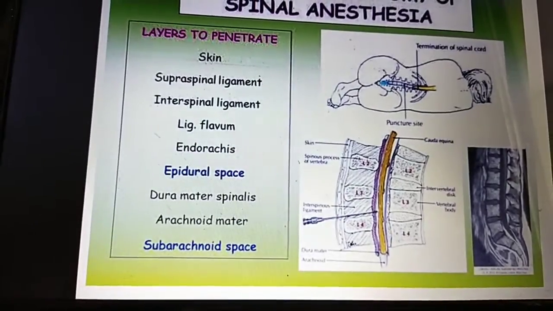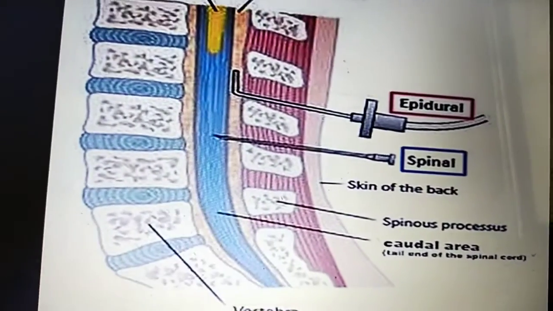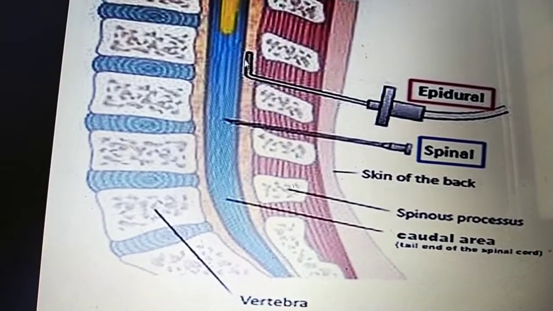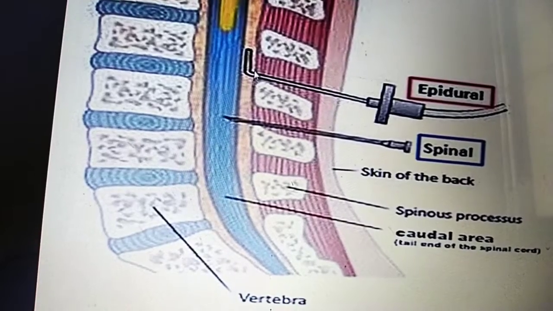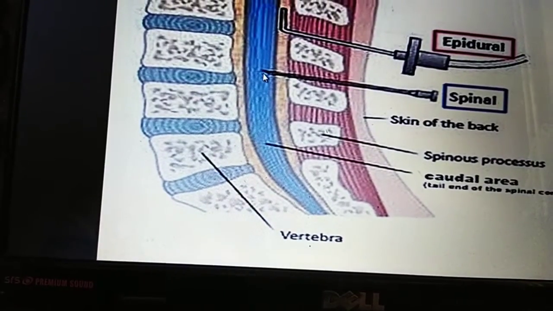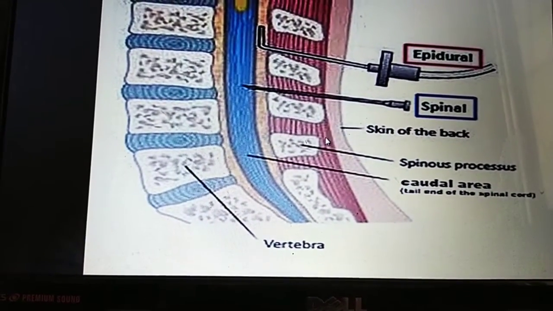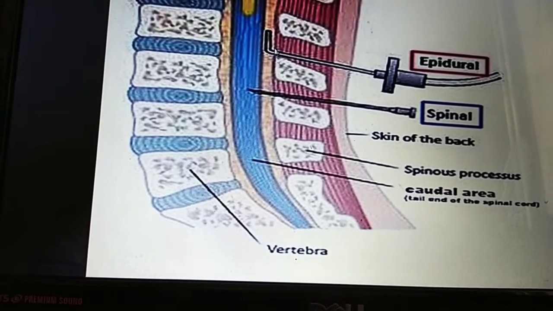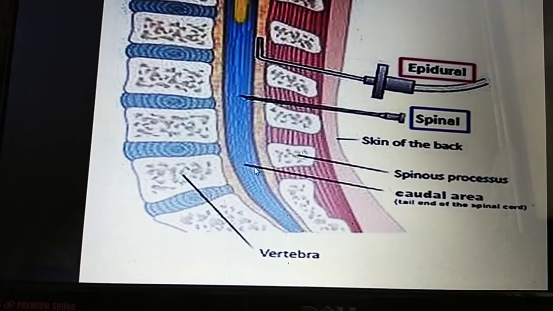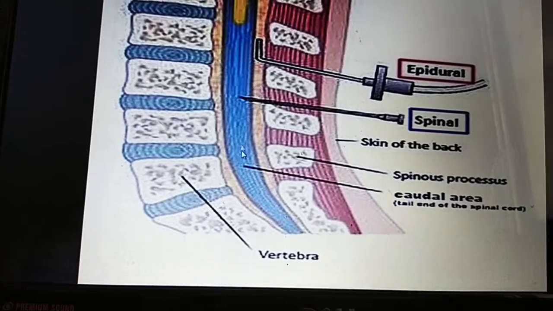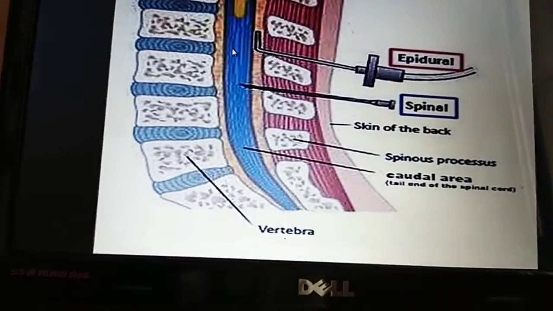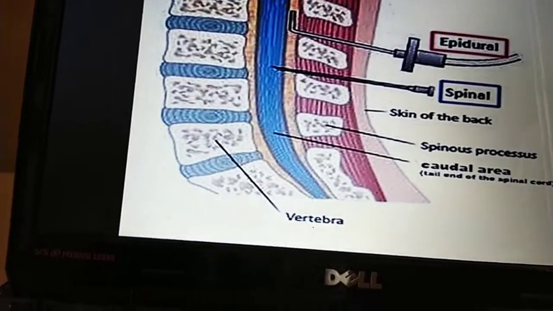This is the spinal anesthesia I can give here. You can see here, this is the epidural anesthesia, meaning in between the dura mater and the vertebral column. This is in the epidural space. Spinal means in the arachnoid mater. This is the skin, then muscles. Then here you can get the ligamentum flavum. If you give the anesthesia to the caudal area, that is a caudal block. If you give it in the spinal cord at the level of L2 and L3 or L1 to L2, that is a spinal block.